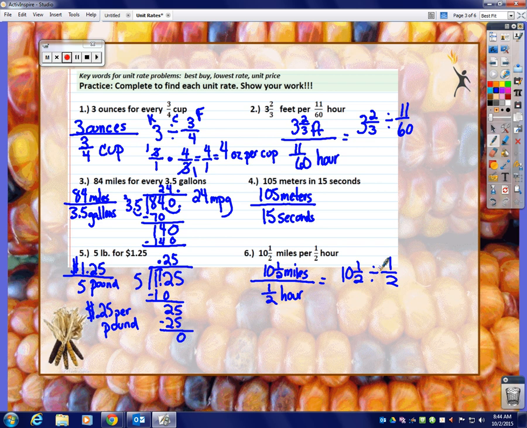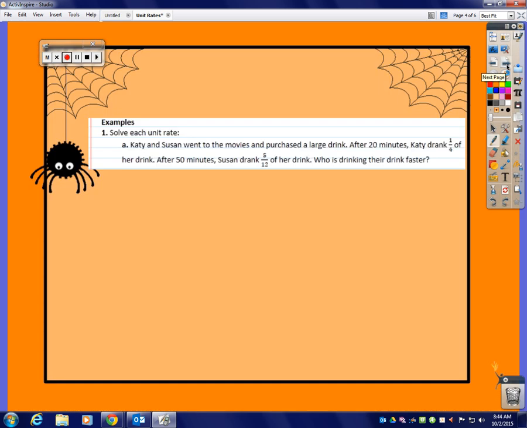Okay, so your homework is to finish 2, 4, and 6. I'm going to do one more example with you. So let's look at this word problem. Katie and Susan went to the movies and purchased a large drink. After 20 minutes, Katie drank 1/4 of her drink. After 50 minutes, Susan drank 5/12 of her drink. Who is drinking